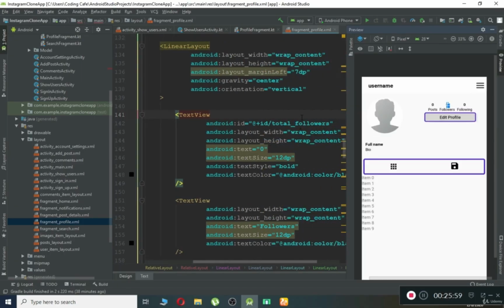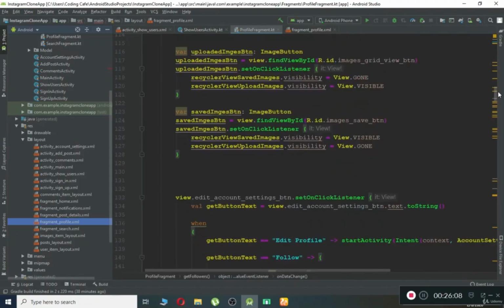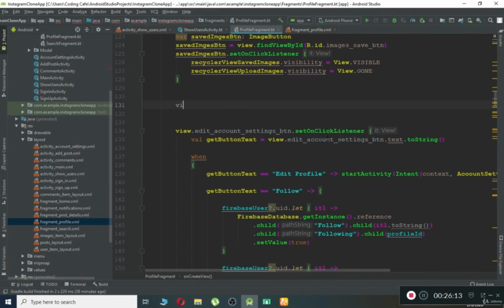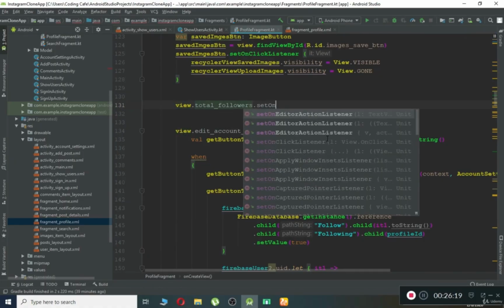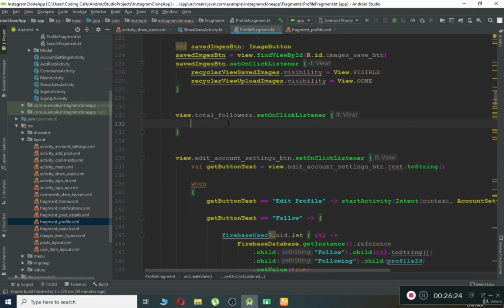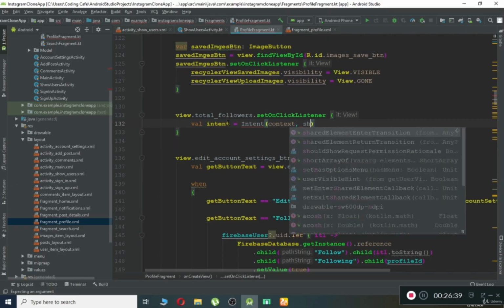So just copy this ID, come back to the profile fragment, and now inside our onCreateView, here we can say, just move it here. We can say view.paste that ID.setOnClickListener, and then in here I have to write an intent. So we can say, well, intent equals Intent. First we need to pass the context, and the second one is the page where we want to go. So we want to go to the ShowUserActivity